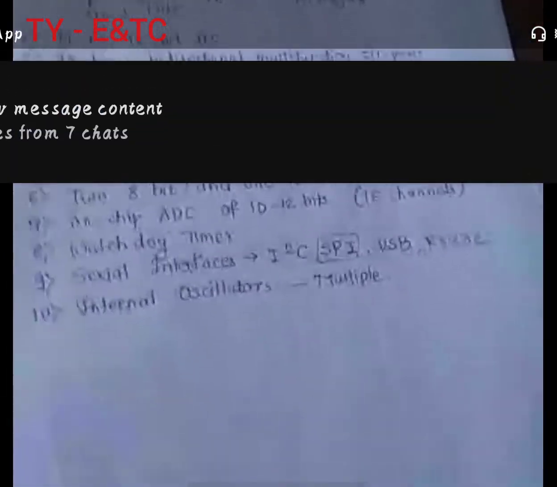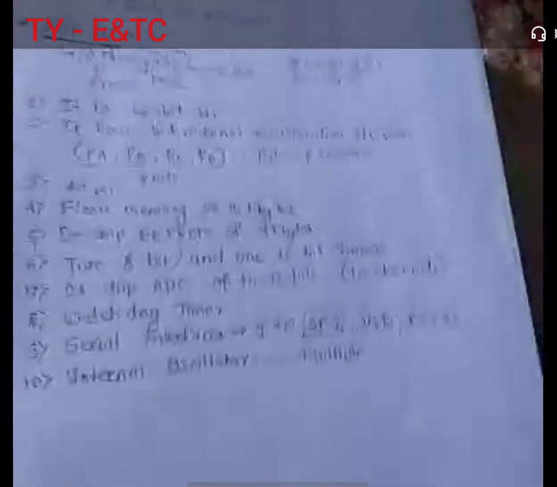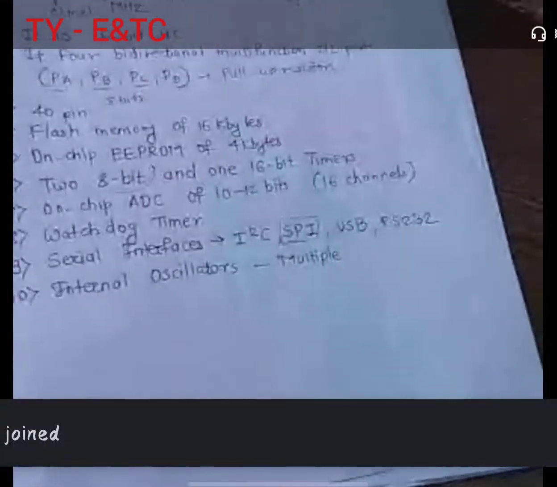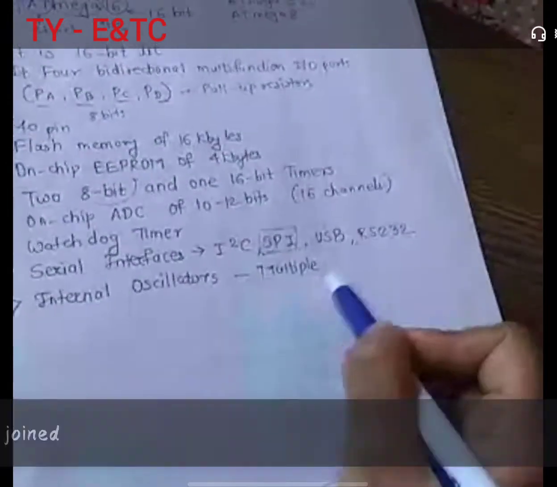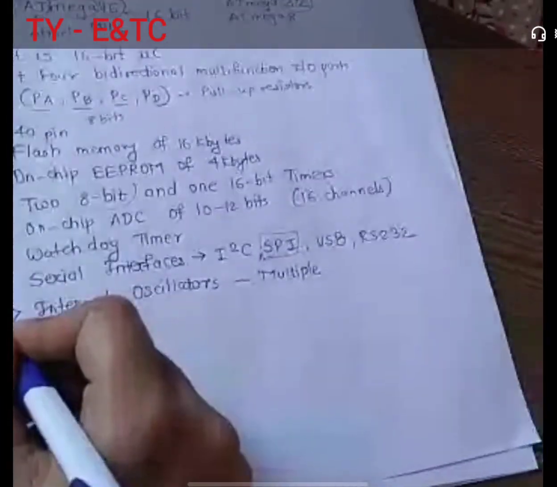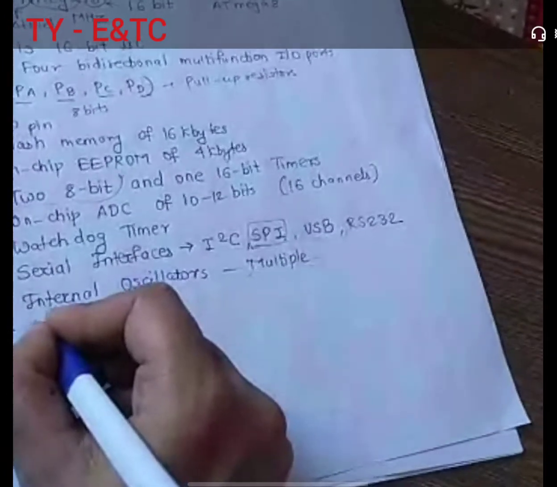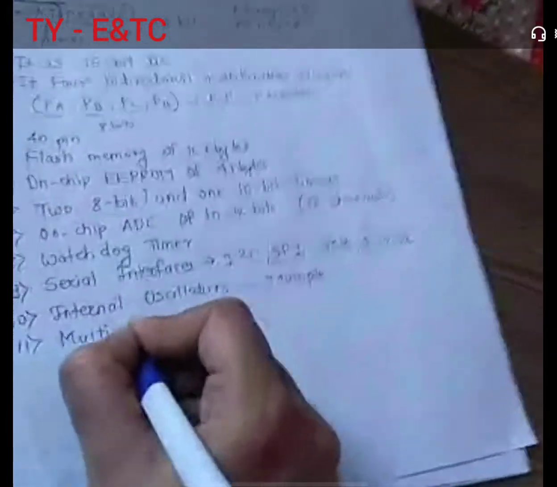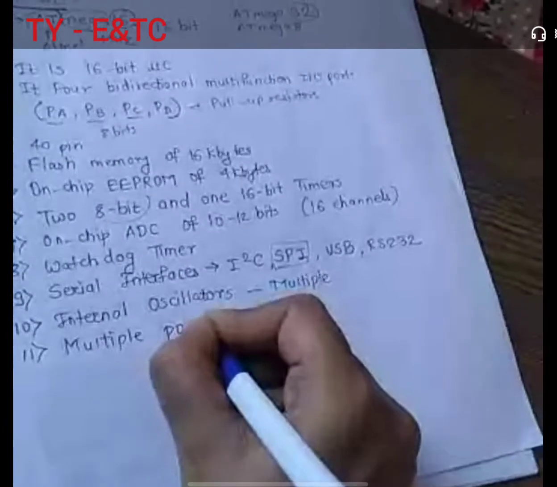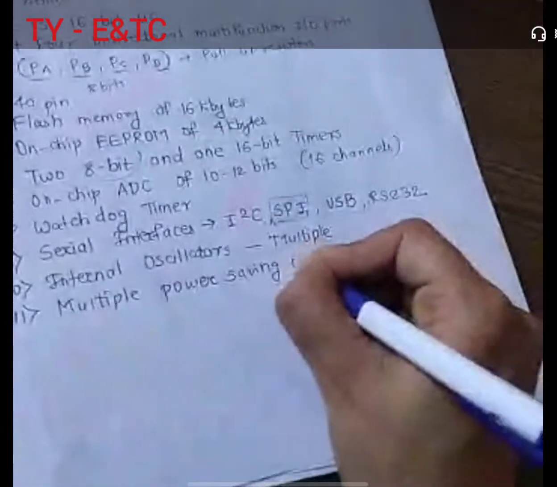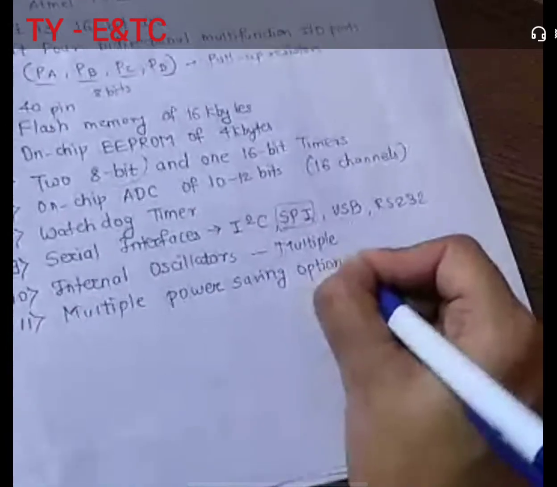There are multiple crystal oscillators available which can generate different kinds of frequencies and they can provide that frequency to the processor. Okay, so it is having multiple internal oscillators. Then we have again multiple power saving options. So here also a large amount of power can be saved by using different options, just as we have studied in